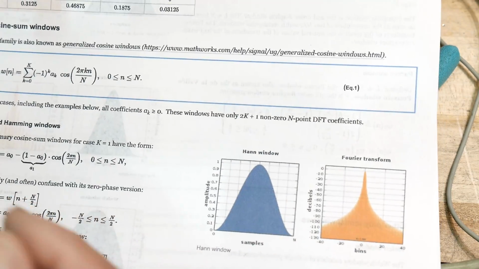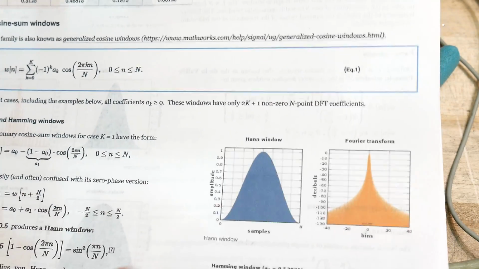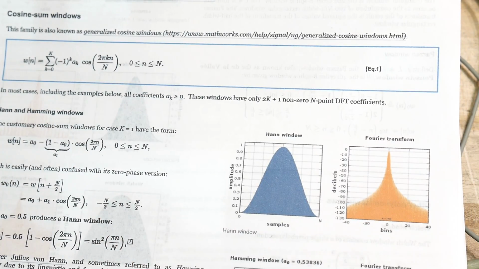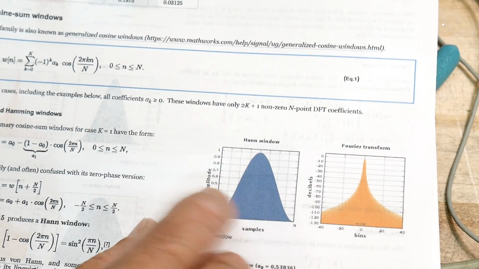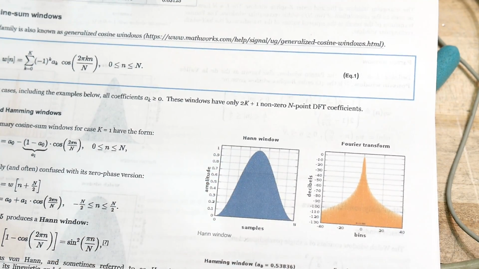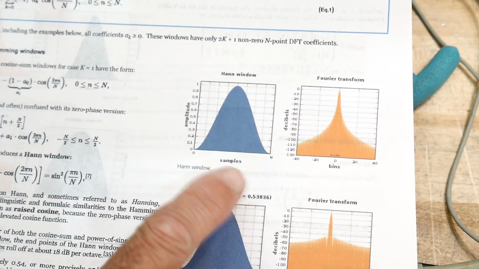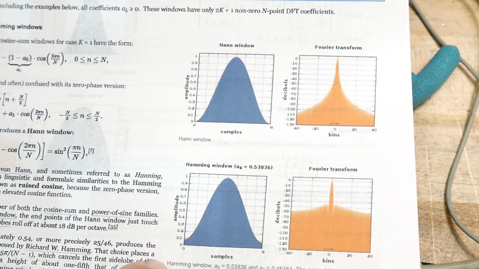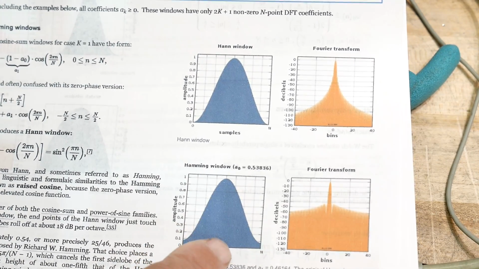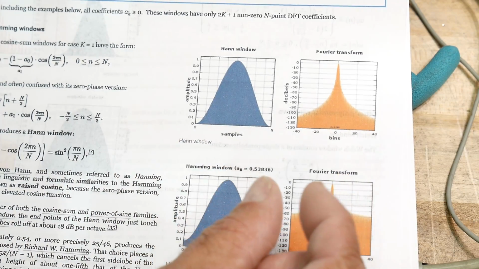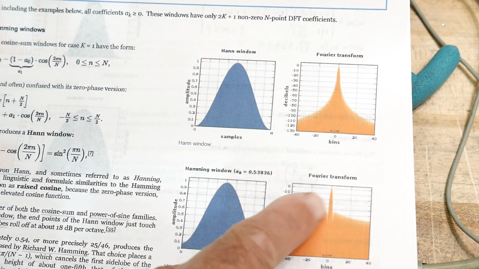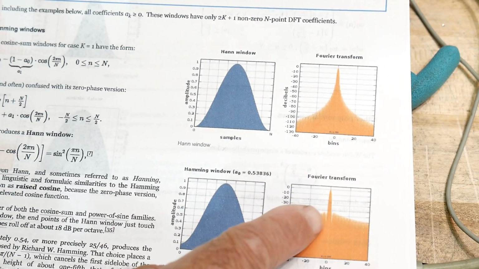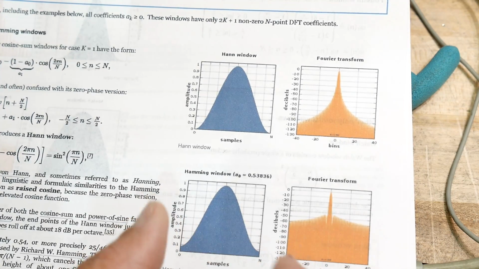Cosine sums. Because FFTs are all based off of sines and cosines, there are windows that are related to sines and cosines. And so here's a Hann window. This is a pretty famous one. And a derivative of the Hann window is the Hamming window. Okay, so here's the Hamming window. Now the Hamming window basically looks like a bell-shaped curve, right? And so it's going to give you a very narrow peak. So having this big wide peak, this one narrows it down. So you have this really narrow peak. You have a little bit of ringing right at the end of it, but it narrows it so you can get better frequency